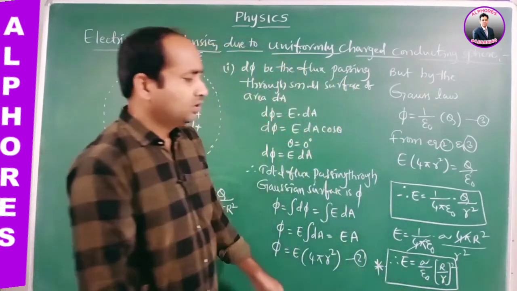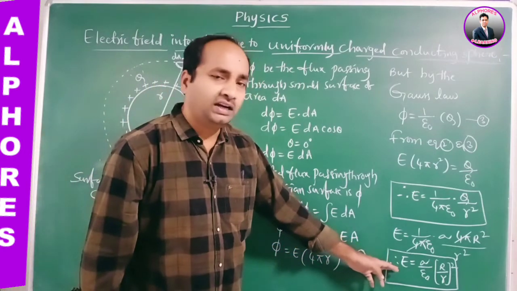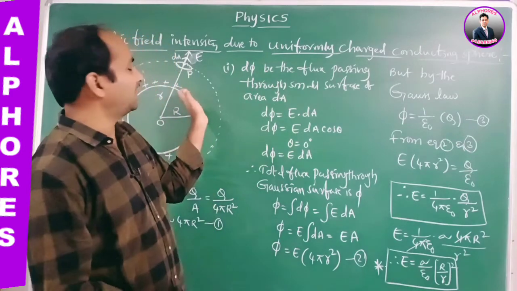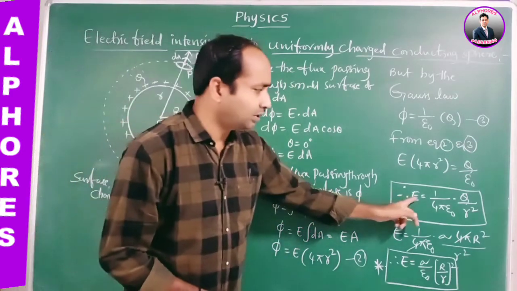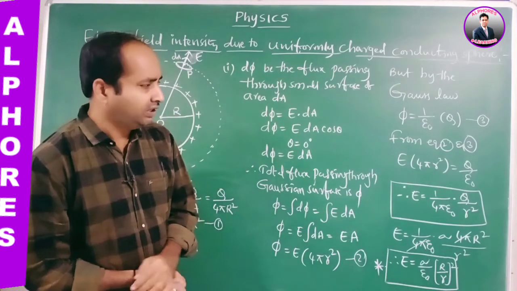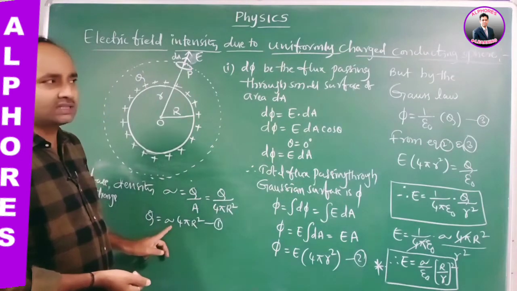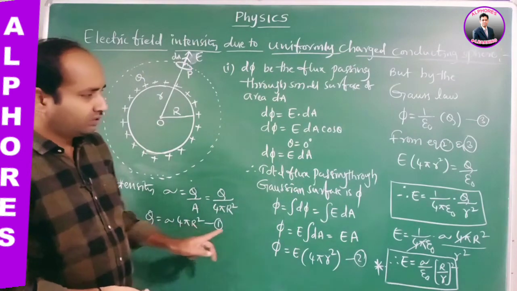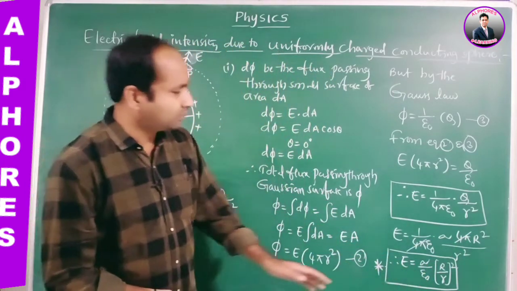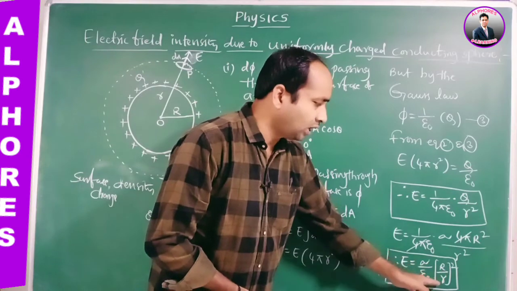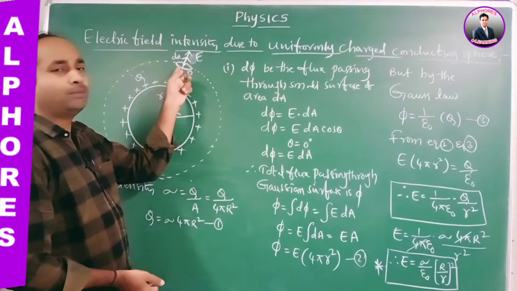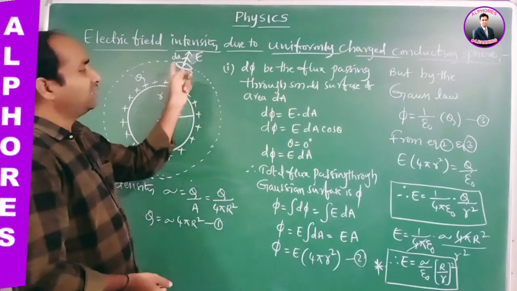So this is the expression for electric field intensity in terms of surface charge density. Generally, at any point outside the sphere, the formula is E is equal to 1 by 4 pi epsilon naught, capital Q by R square. But capital Q can also be written as sigma into 4 pi R square. Whenever we substitute the value, we get E is equal to sigma by epsilon naught, capital R by small r whole square. So this is the electric field intensity at any point outside the conducting sphere.